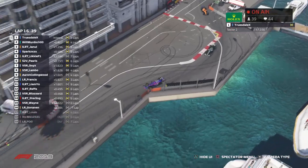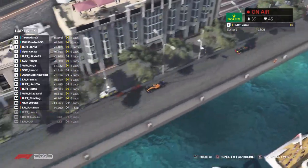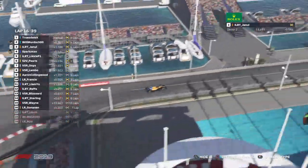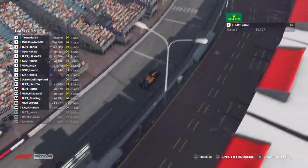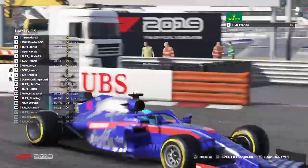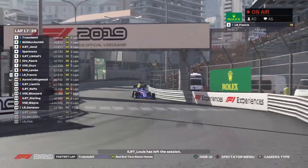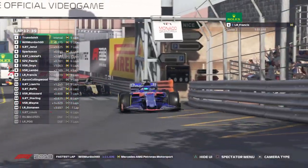So Truesdale continues to lead. Will Murdoch just staying within a second at the moment. They're dropping Yournull just a little bit. Nice helicopter shot here over the harbour area at Monaco. As he tackles the swimming pool section, lap 16 of 39. Not even half distance yet, and so much has already happened. Francis and Aaron Collingwood are battling over 9th and 10th. Where will that be? That'll be probably on the exit of Tabac, possibly, or just before it. Louis leaves the session in disgust. And that wouldn't have done his championship charge any good whatsoever,